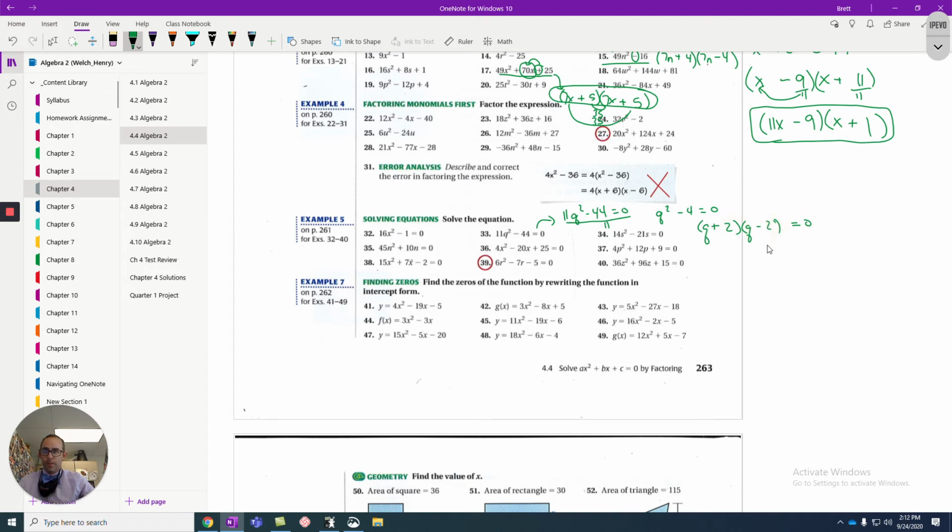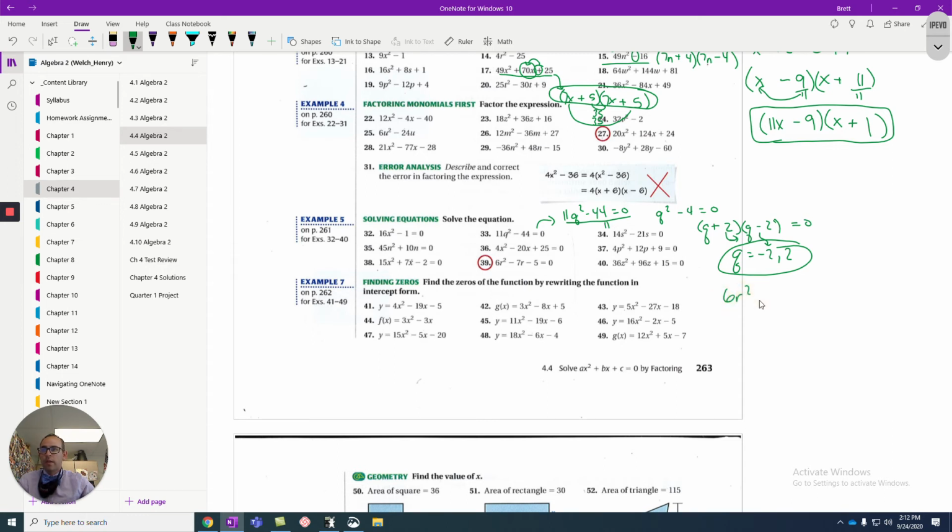2 and 2. Now to get the actual answers, I have to pull these numbers out of the parentheses, and when they're grouped with a variable, I switch the signs to pull them out. Q turns out to be negative 2 and 2. If we look at another problem, say like 39,